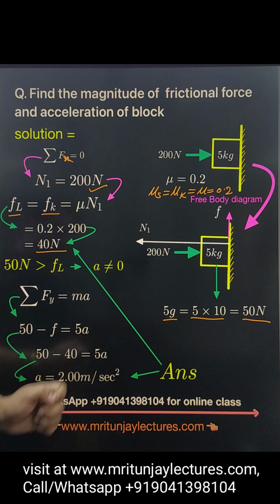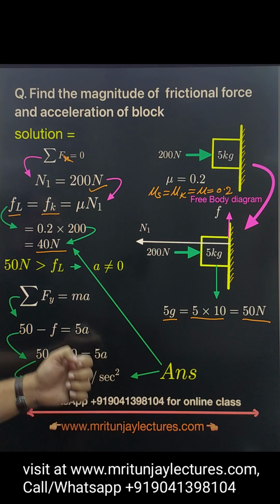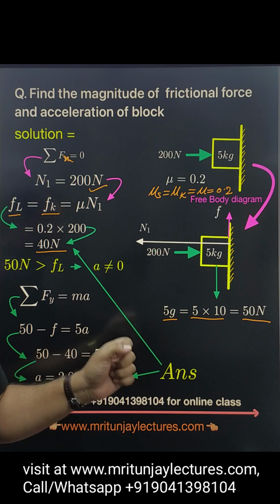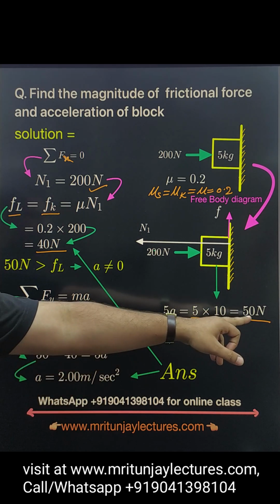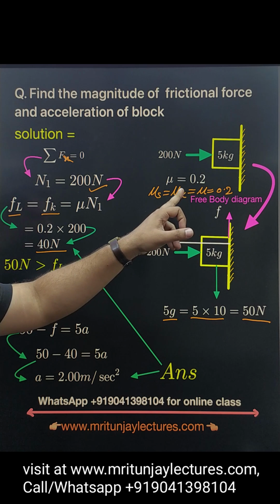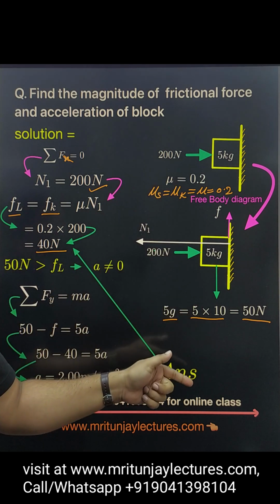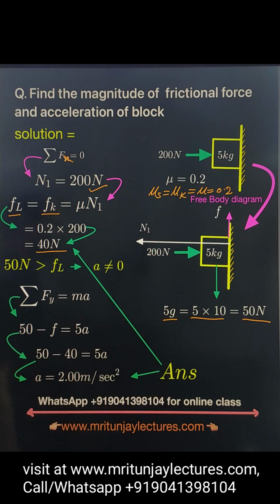Now, whether this block is moving or not is decided by the frictional force and the driving force. Look here: the driving force is greater than the maximum limiting frictional force. Maximum limiting friction is 40, and the driving force 50 is greater than 40. It means this block is moving in the y direction, going downward. So acceleration is not 0. According to Newton's second law,